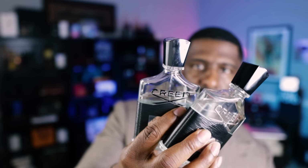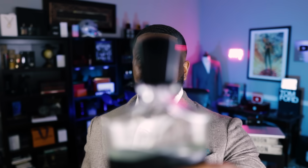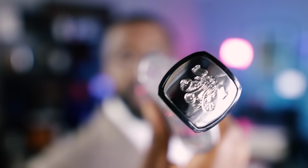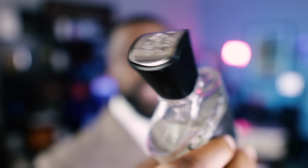Now, around the 2019 era or so, they switched from the 4-ounce bottles, and we went to 3.3 ounces. I have 2 different bottles of Aventus from newer batches. This one is a little bit older than this one. Now they have an all black kind of metallic cap on it, if you can see that. So it's an all black cap versus this one that has the silver Creed insignia there on the cap. Both of these are about the same as far as performance and